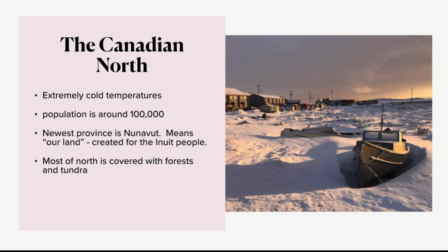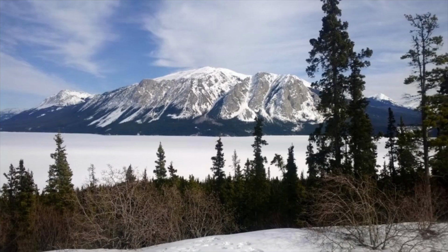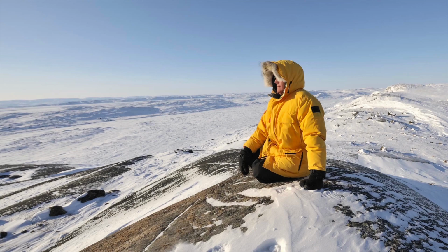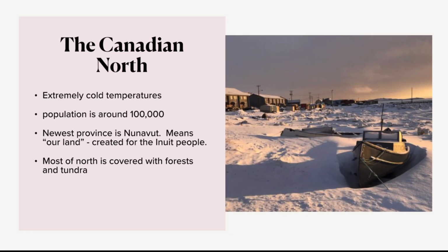And finally, we've come to Canada's fourth region, the Canadian North. Northern Canada is extremely cold. The territory includes the Yukon Territory, the Northwest Territories, and Nunavut. This land makes up more than 1/3 of Canada's country, but only around 100,000 people live in all of this land. Nunavut is a new territory that was created just for the Inuit people who live there. Nunavut, the word, means our land in the Inuit language. Nunavut has its own distinctive culture and government that rules over the 30,000 people who live there.